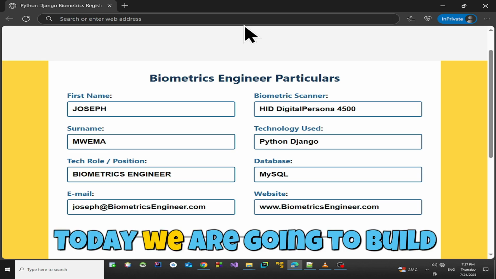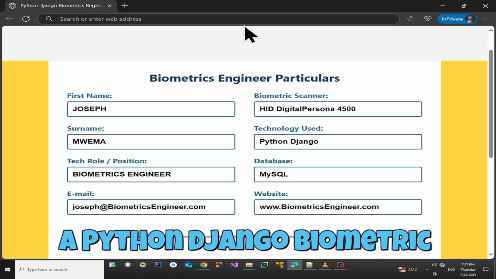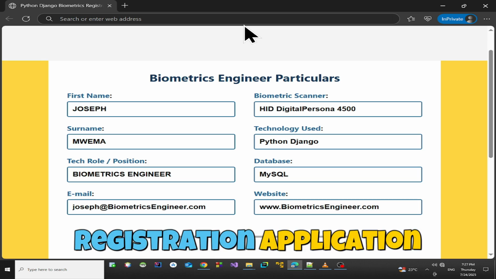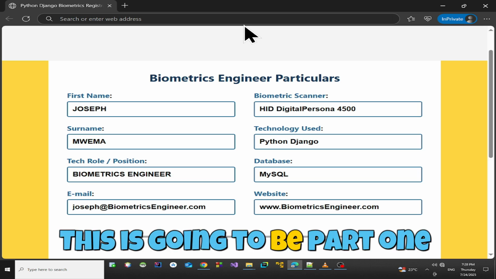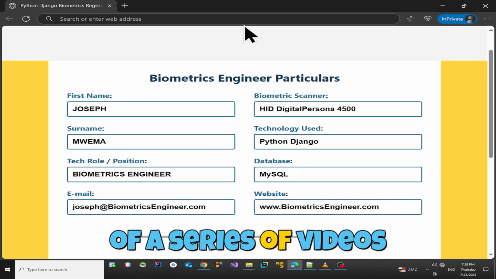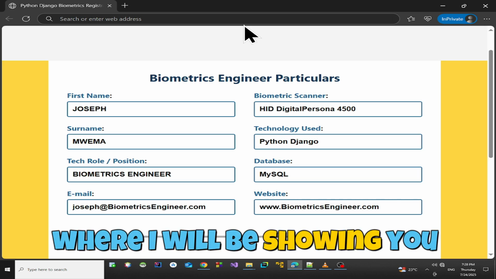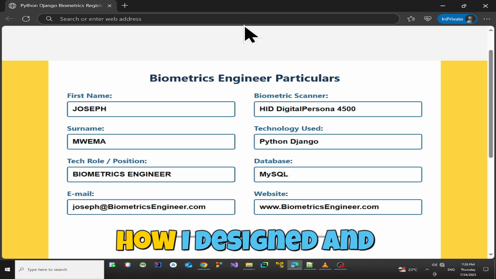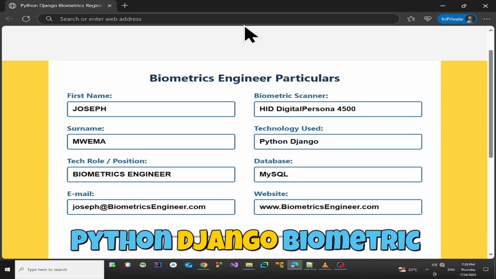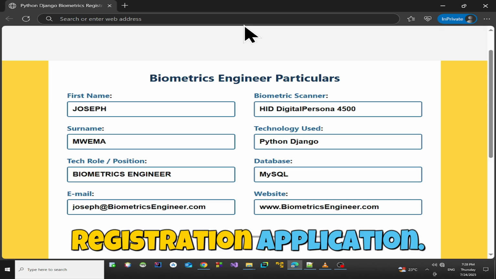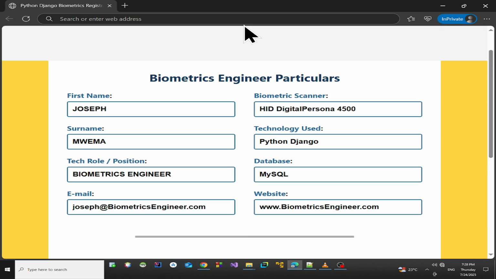Today, we are going to build a Python Django biometric registration application together. This is going to be part 1 of a series of videos where I will be showing you how I designed and developed this Python Django biometric registration application.